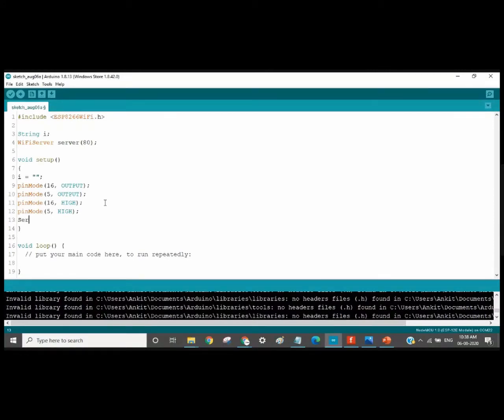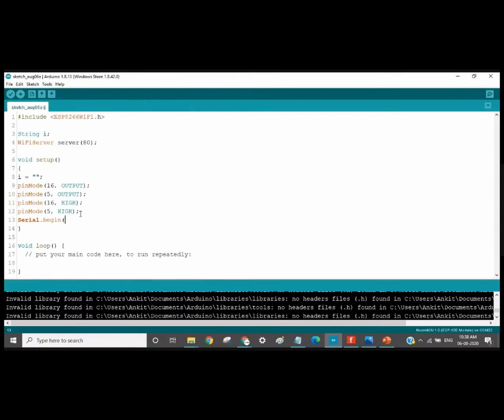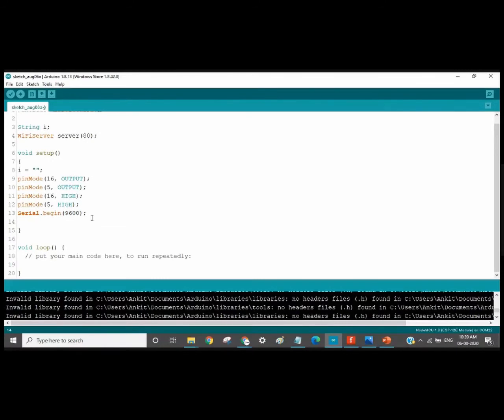This can be done by using Serial.begin. Here you can use any baud rate, like here it had 115200, so you can use that baud rate, or else you can use another baud rate. We will use the 9600 baud rate, which we had used earlier for Arduino Uno. Then I am writing here the WiFi disconnect function. First of all, we will write the setup part again.